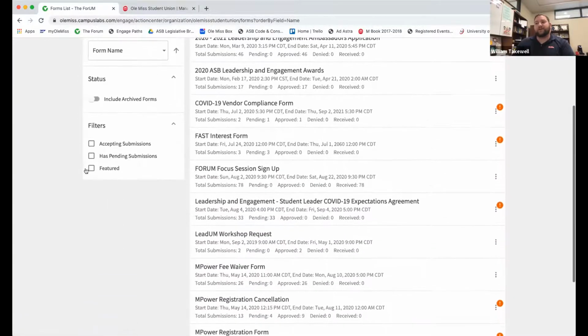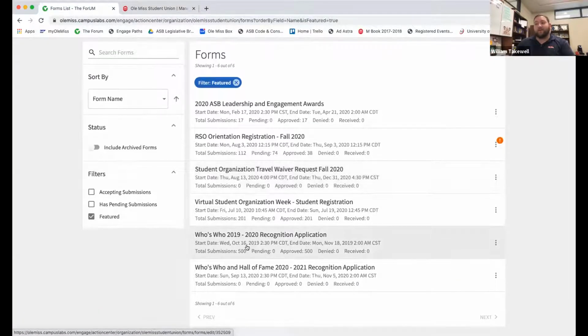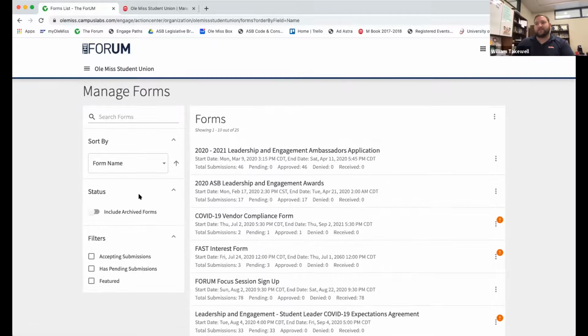And then featured, that shows if it is showing up for basically anyone to be able to look at it. So again, you can navigate to different things by utilizing that feature in the search bars, as well as utilizing these filters. So from here, what I want to do is show you how to create